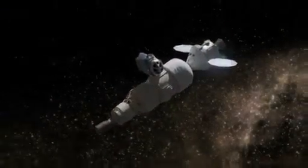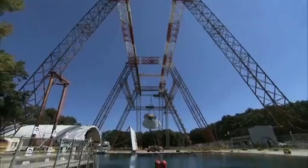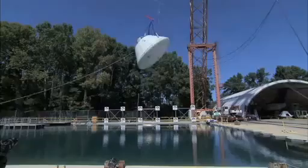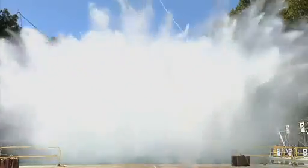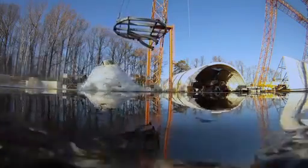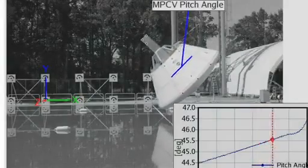Orion is NASA's next big thing. It's the next capsule that's going to bring us to the edge of space. It's going to bring us to new frontiers beyond where we've been before. Here at NASA Langley, we're testing some possible impact scenarios that may occur when Orion comes back to Earth. We look at things like, will it survive the response? How many Gs will the astronaut see? Will the heat shield stay intact? Will it flip over? Because we can't test every single scenario, we rely on computers to fill in the gaps